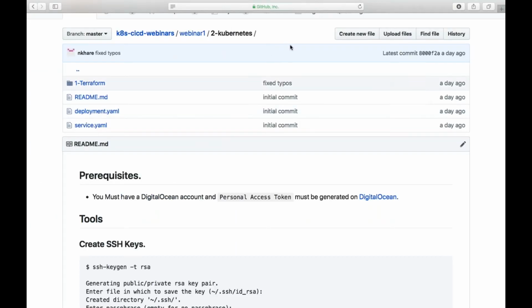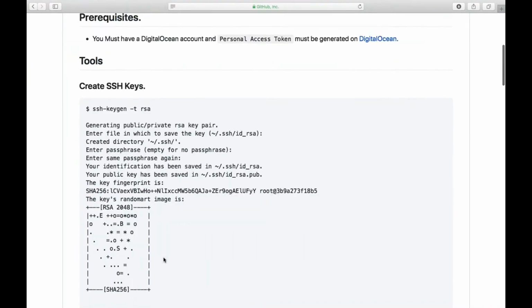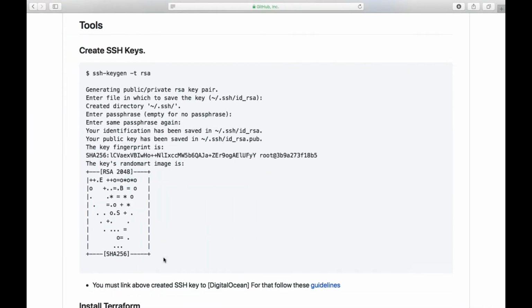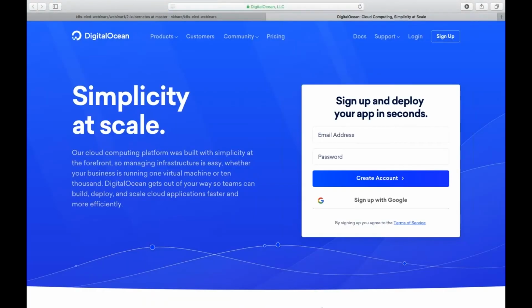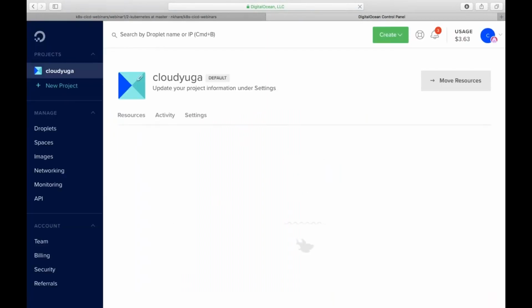For that, you can find the documentation and the prerequisites in our Git repository. I just want to highlight that to automate the creation of the VMs on DigitalOcean, we first need to get an API token from DigitalOcean, which we can pass to our Terraform scripts.